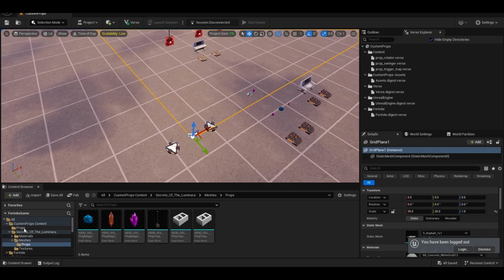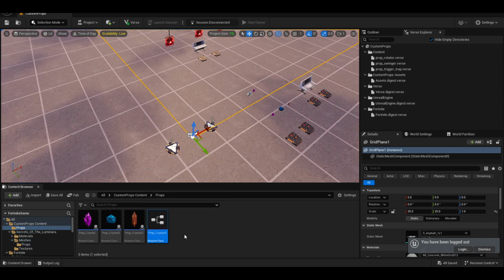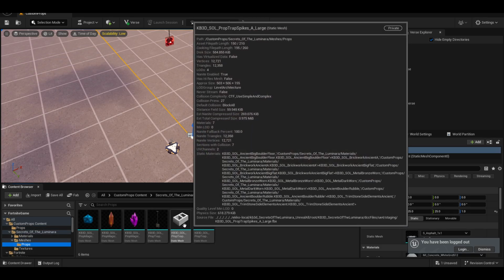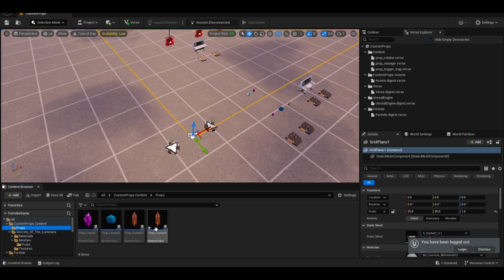So what we're gonna do there is duplicate our props since we need the props. It's not crystal. Maybe, what's the name of it? It's prop spike. Maybe we can just name it, why is it doing that? I'll do it manually. Prop big,